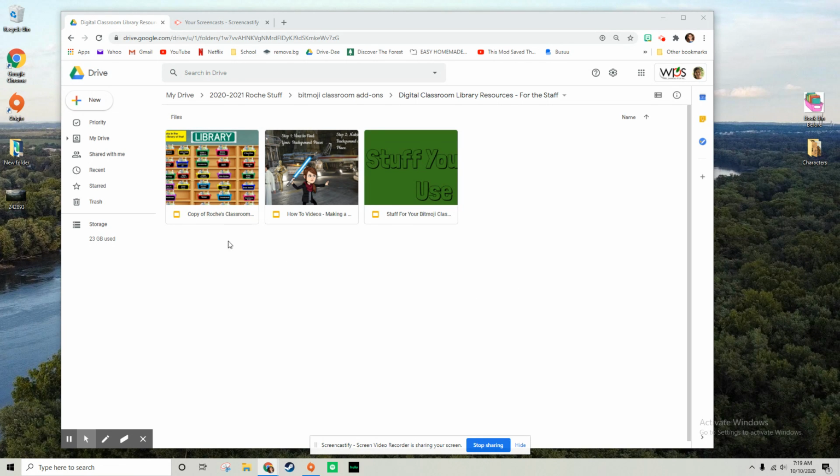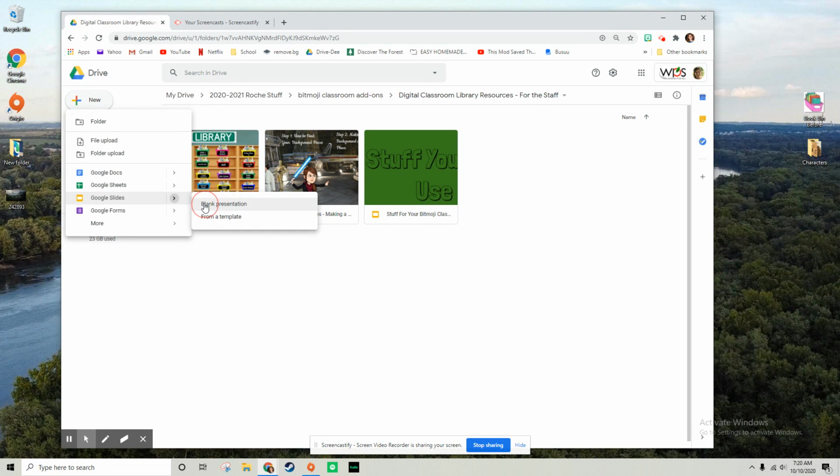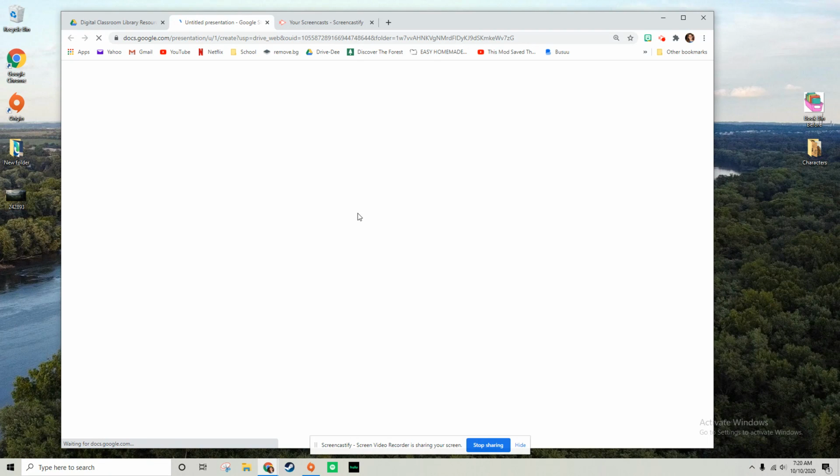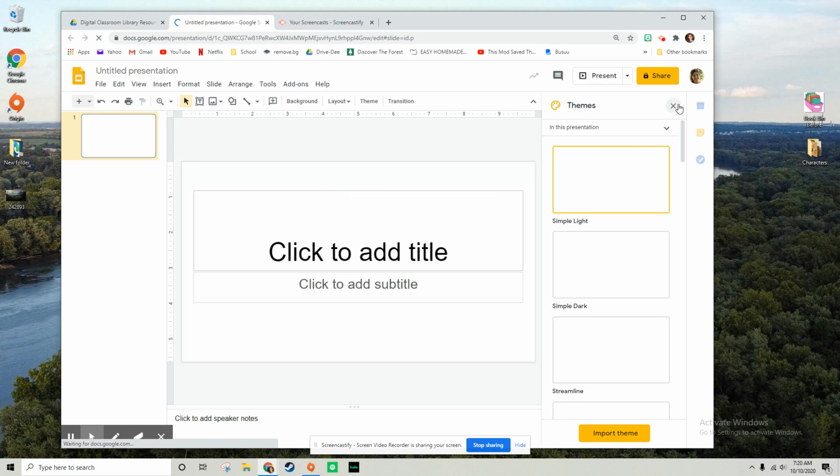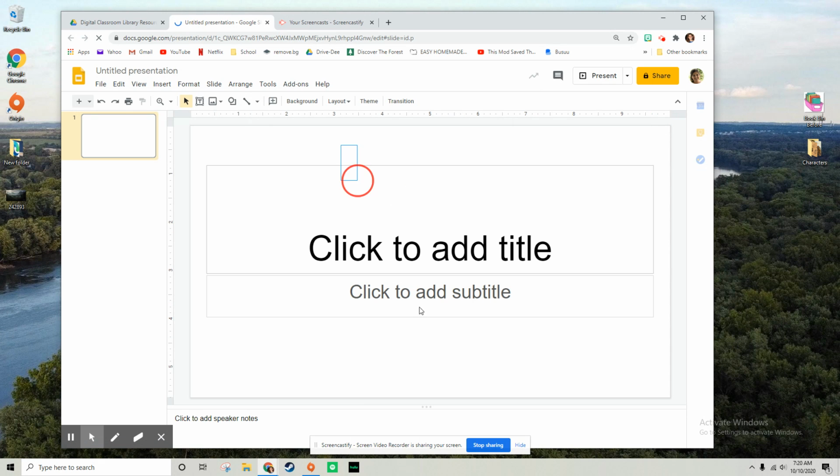So to get started, I do all of mine in Slides. So this is stuff that I'm going to end up sharing with you guys. But for right now, we're going to go ahead and make one. So you just click New, you go to Slides, Blank Presentation. The first thing I always do is I just click and get rid of my text